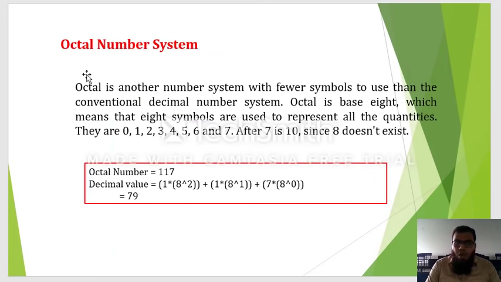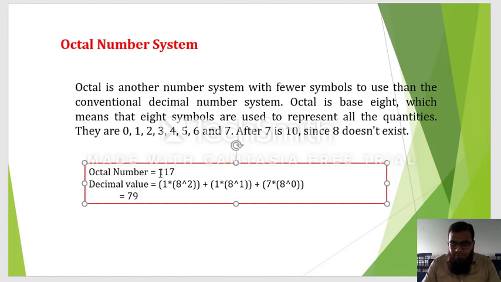Next, octal number system. So we know that the octal number system is base 8. What is the base of the octal number system? It is 8. Okay, because we represent from 0 to 7: 0, 1, 2, 3, 4, 5, 6, 7. Okay, total how many numbers? 8 numbers. So these 8 numbers will be considered as a base. Okay. Now, if you want to convert any number into decimal, then the only thing you need to do is